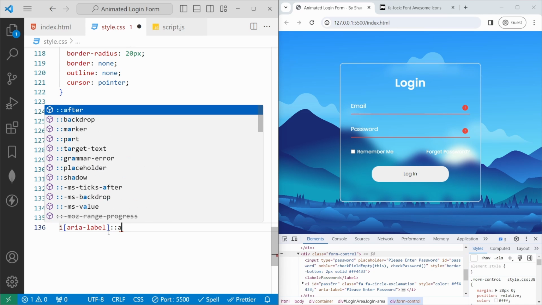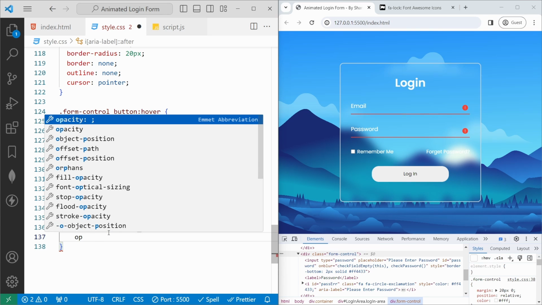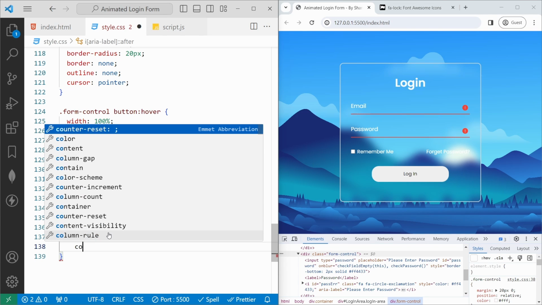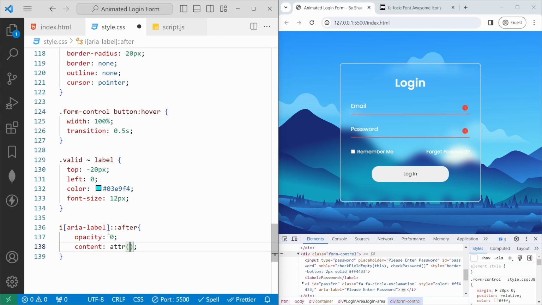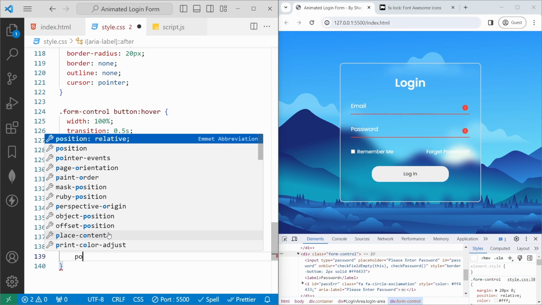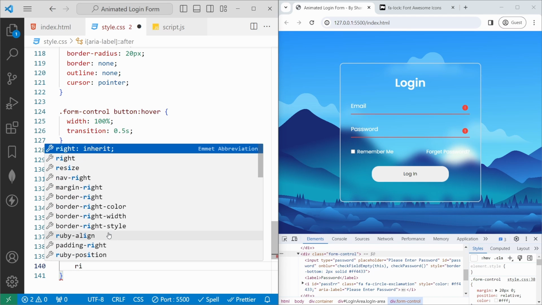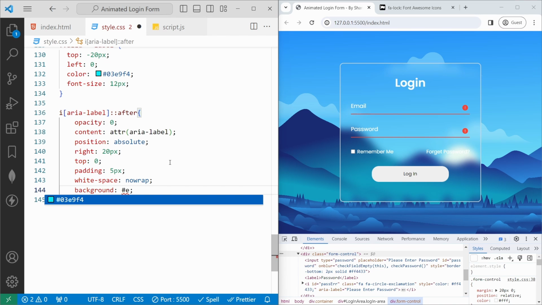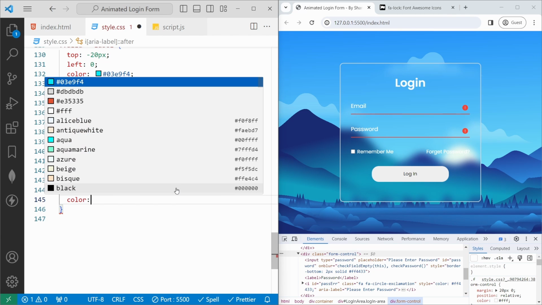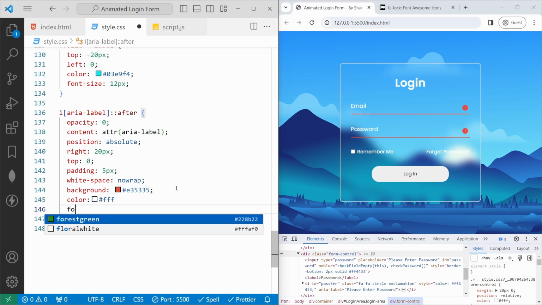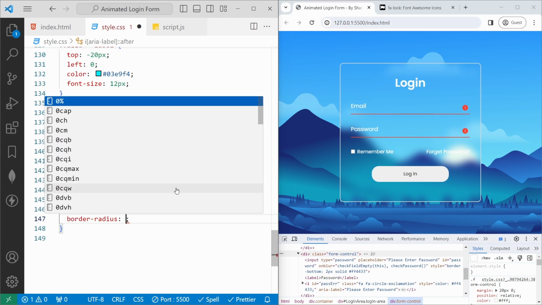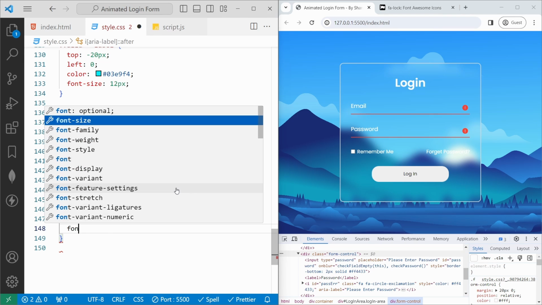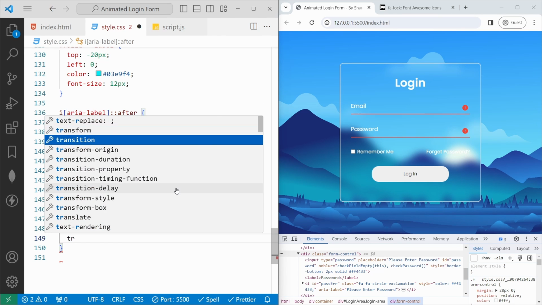So we'll add the styles after this, and then we'll say opacity to 0, and the content will get the content of attribute from the uri-label, and then we'll set the position to absolute, and set right to 20px, and then top 0, padding of inner spacing 5px, and then white-space no-wrap, and then we'll add the background to light red color, and then we'll set the color to white, and then we'll set the font size 10px, border radius 5px, and then font family Poppins, and then transition